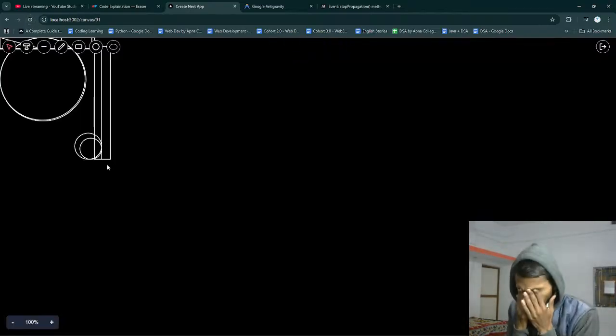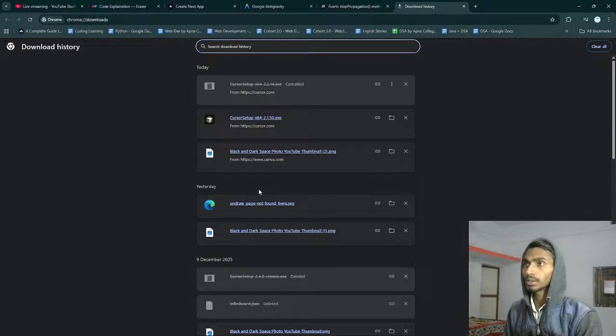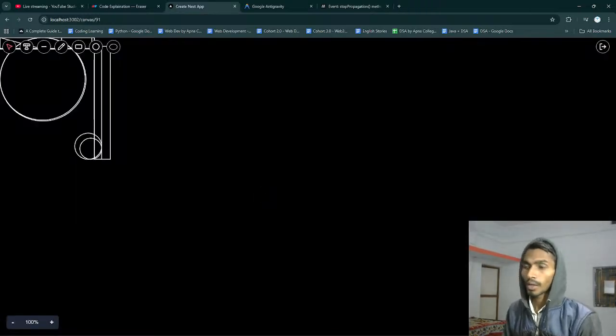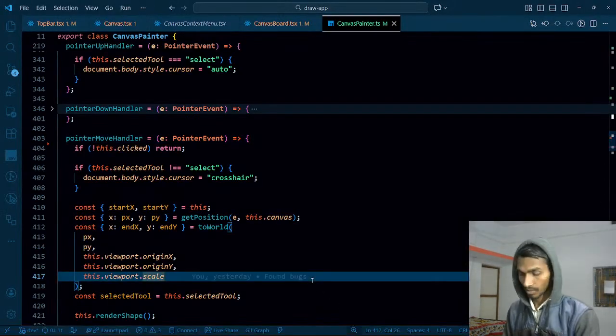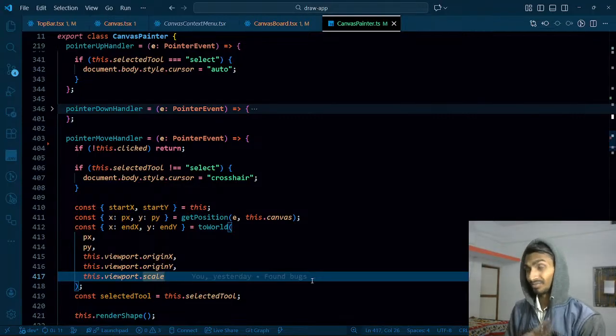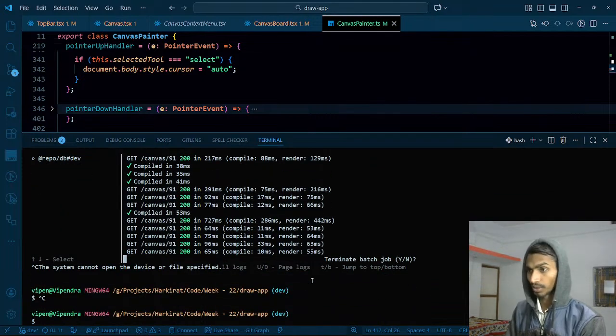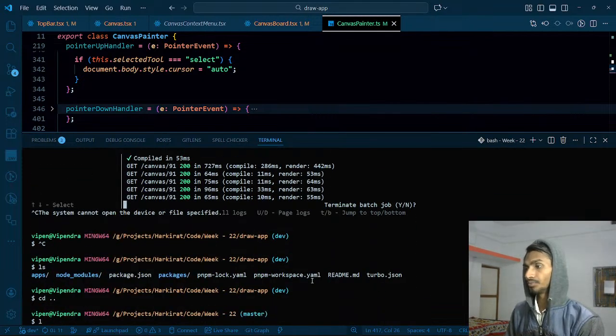Well, ultimately one thing is clear, that I actually have to learn many things in order to get this particular project done. For that, let's close this. I will be going through another project that is already ready. Most of the bugs have already been figured out and resolved. I can go through that and learn this stuff, and then I can come back and work on this particular thing. So ls, cd, ls